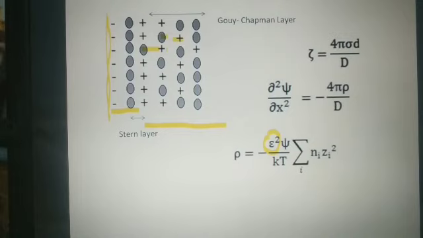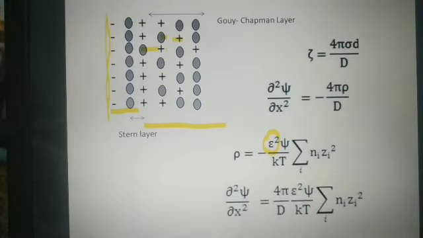Then there is psi, as earlier said, it is the average electrical potential. Ni is the number of ions, and Zi is the valency of the ions. Whether the ion is Fe2 positive, then it will be what? 2 positive. Then Z is equal to 2. Aluminium, then it is equal to 3. Sodium, then it will be equal to plus 1. So valency is the Z. So rho is defined by this equation here. Let us move further here.